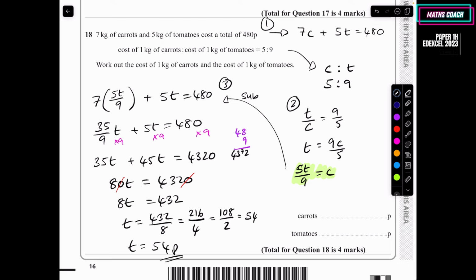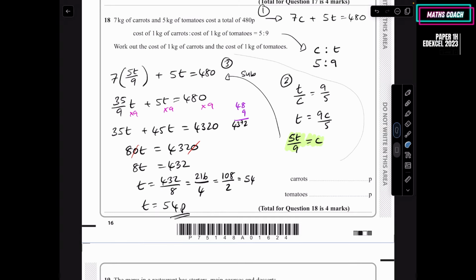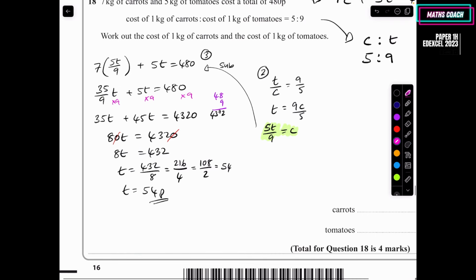Now, I just need to go and find the carrots. Now, I've got this formula. I can just use that to find the carrots if I want. So I can just sub it in there. Do we have any room? No, we don't. Let's make some room. One second, guys. Let me make some room here. I'm going to make this all small. There. All right, so now carrots will be